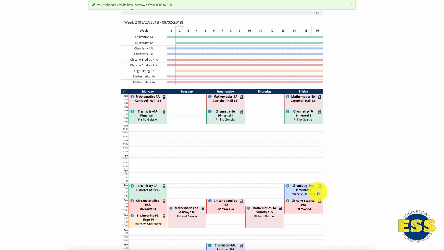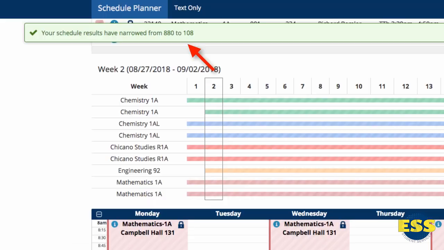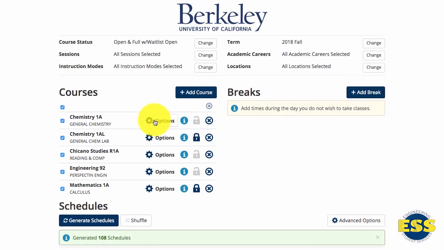If you lock a discussion section, it will also lock the lecture that is linked. Once you lock a course, you will get a green bar telling you that the number of available schedules has changed. I locked Chemistry 1AL and Math 1A, and this dramatically decreased the number of possible schedules generated from over 1,000 to 108. You can also narrow your search by clicking on the options icon from your list of courses,